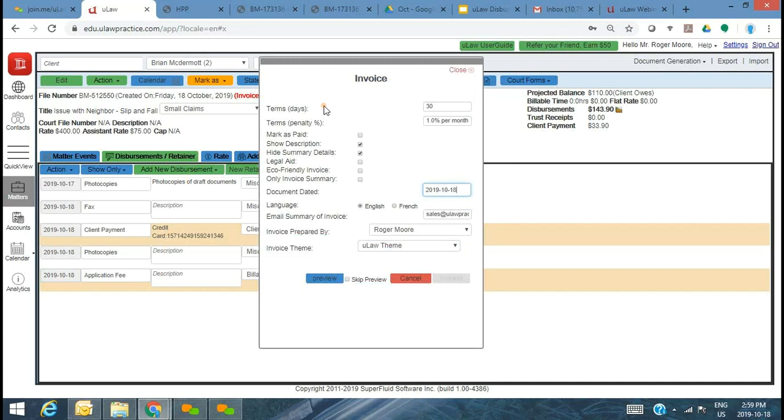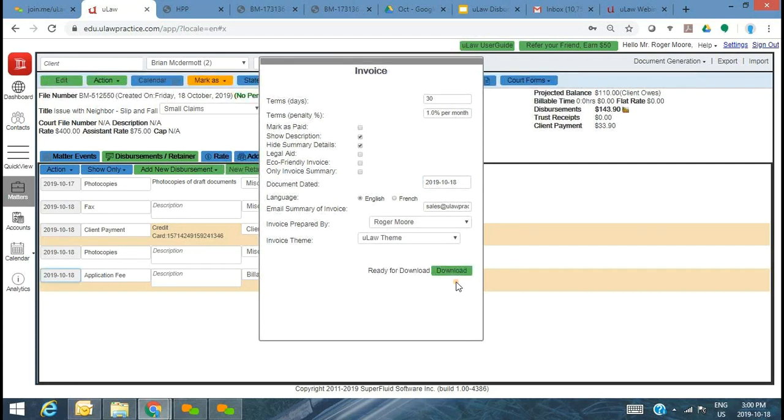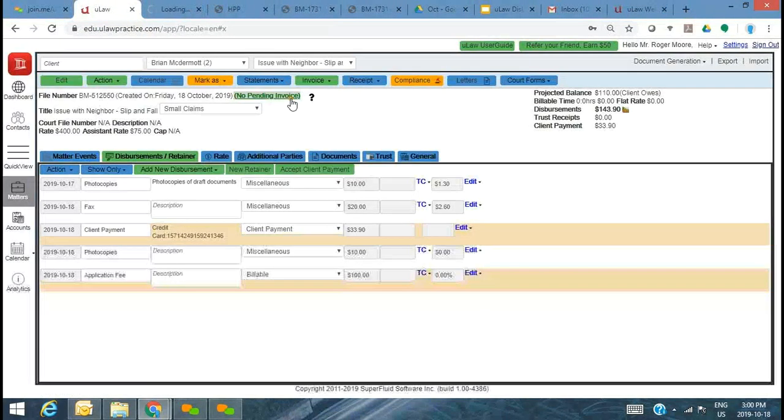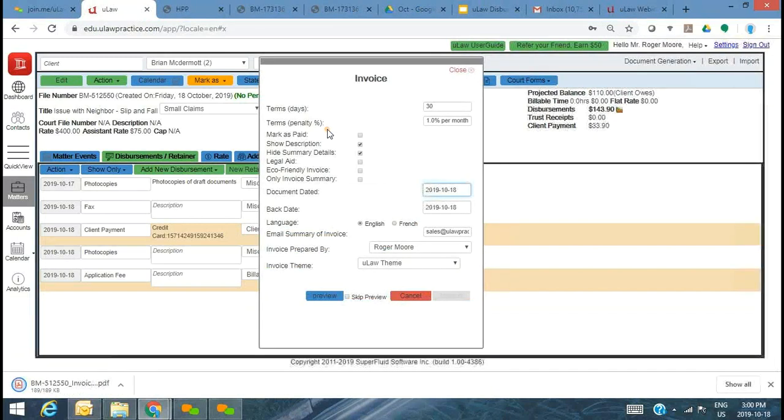So I'm going to complete the last but one step of generating that invoice. As you can see with this matter, given the nature of the matter, I'm generating the invoices as and when they happen. If they're not specific to this matter, if it's a monthly cycle, you can actually generate it at the end of the month. In fact, we have an option right under invoice which says backdate. So if you've passed October and you're generating an invoice for October on the 1st of November, you can actually choose the backdate to end at the end of October.